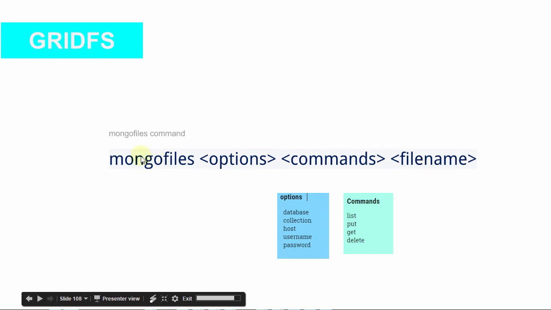So let us see a demo using mongofiles. I personally don't recommend using mongofiles because it doesn't have the option of creating your own bucket. By default, it will save in the default bucket name, that is FS. That is the restriction with the mongofiles command, which we don't have with other clients like Mongo Booster or Mongo Chef.